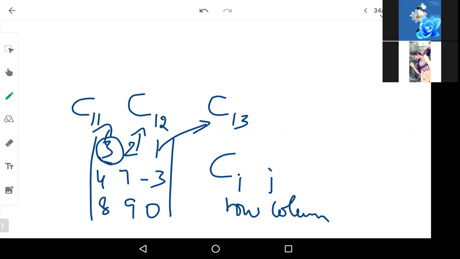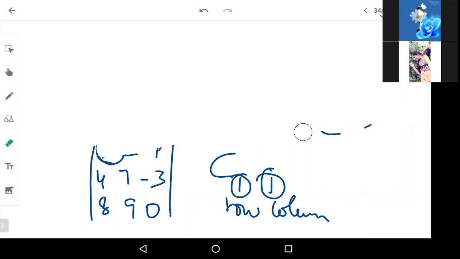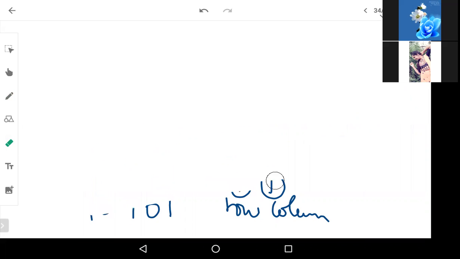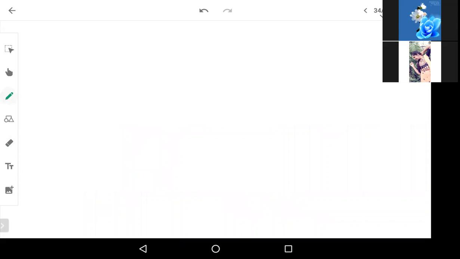I am giving the placement of the cofactor by using the row number and the column number. This same row number and column number will be taken for minus 1. The same row number and column number will be added here, 1 plus 3. What multiplication? Okay, you're not understanding how to multiply it. Fine, we will do that also. Now let us find the cofactor. Which is the next cofactor? After 7, it is supposed to be